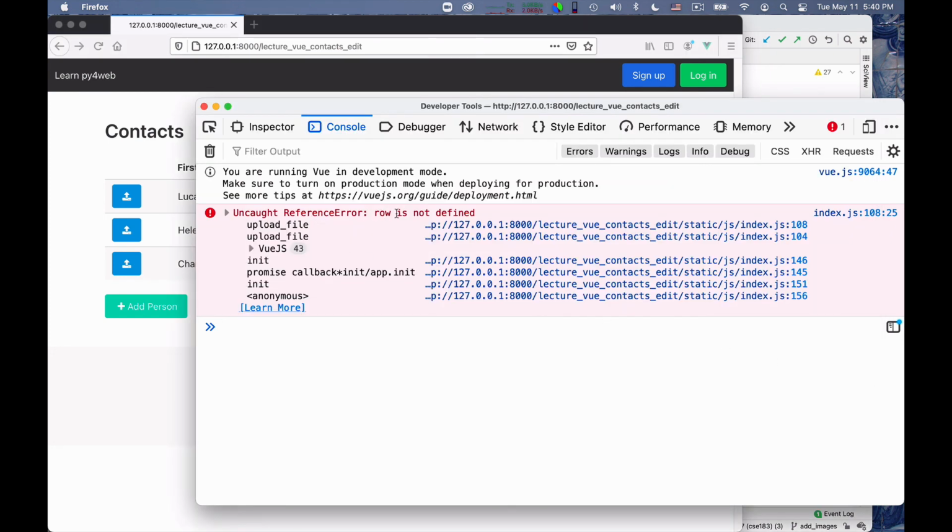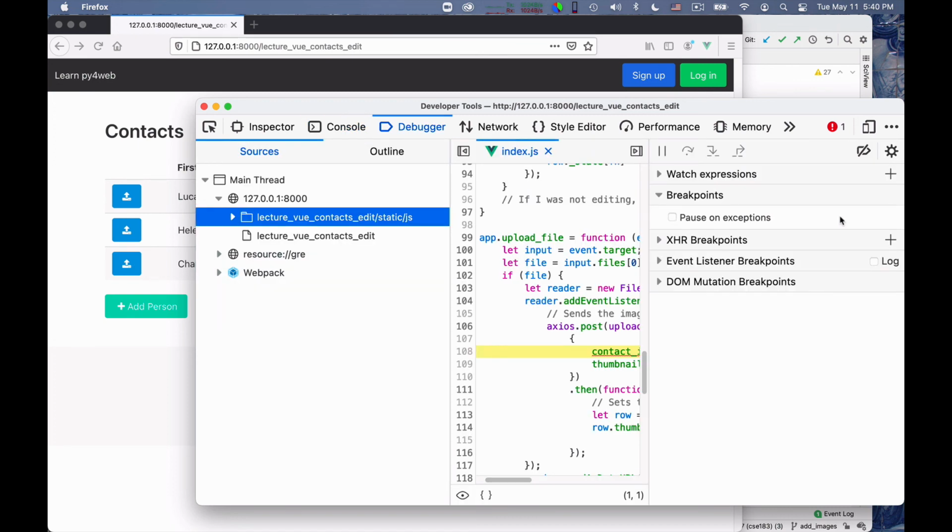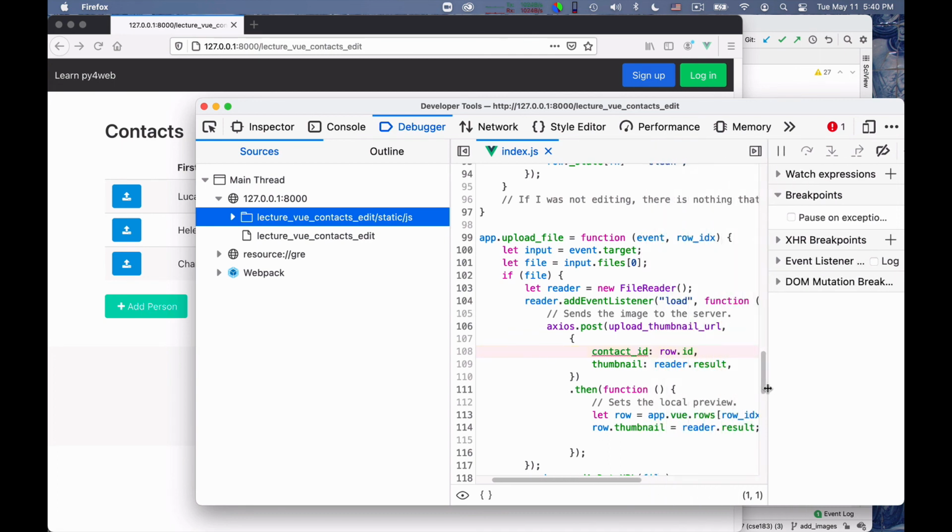Row is not defined. Okay, this seems to be like a small issue. Yes, and the problem is that I inverted these two pieces of code. So let me fix it.